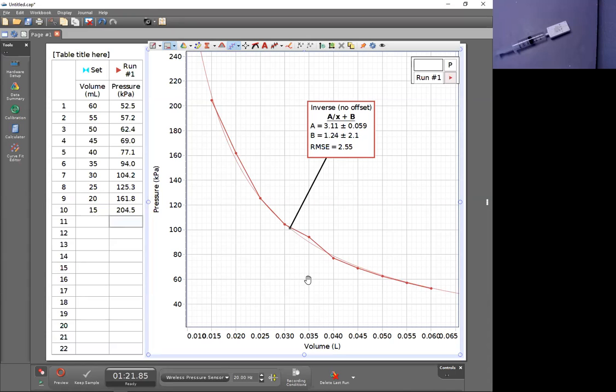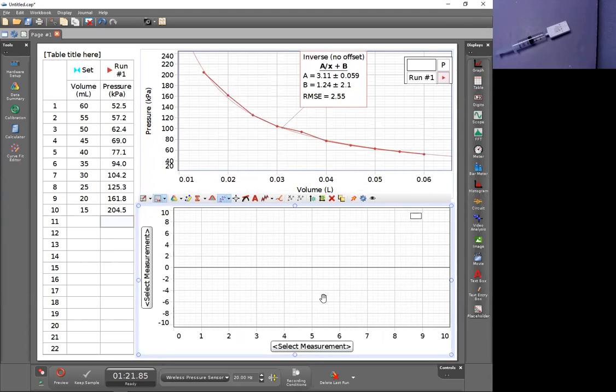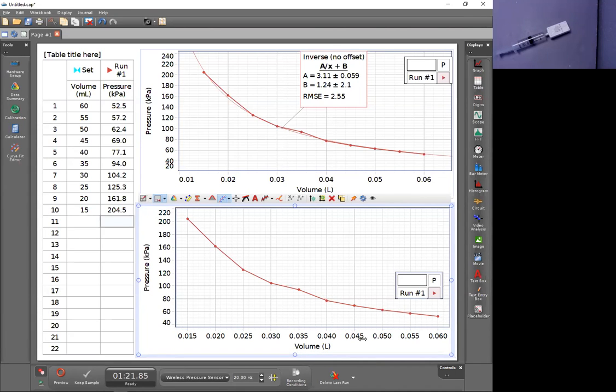If you wanted to only focus on linear relationships, which some pedagogical approaches do, we could do something else. So I'm going to open the display palette here and drag in a completely separate graph. You might say, why not a separate plot area? Because I actually want the x-axis to be different. But I'm first going to replicate the graph on the top, pressure versus volume in liters, and then show you that if you're interested in transforming axes on graph measurements, you can do so quickly through a feature called the